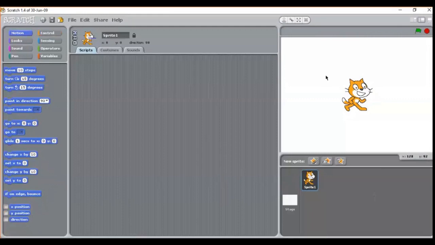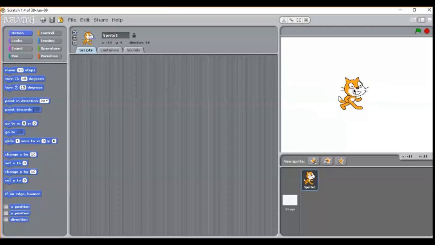Now children, on the stage you can see this is a sprite. This cat object is called a sprite. I can move its location. Whatever commands we are going to give, we give to this sprite. Children, you all have done programming in Logo, isn't it? All the commands given in Logo are given to the turtle to act. Similarly, in Scratch, we give the command to the sprite to act. Right now, by default on the stage, a cat sprite is there. If you want, you can change the sprite. I'll teach you how to change the sprite in the next video.